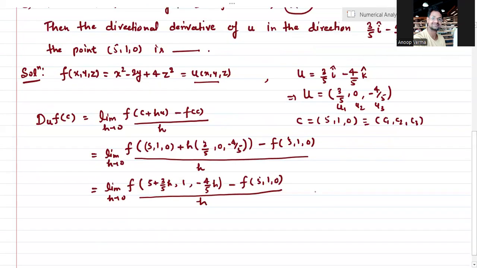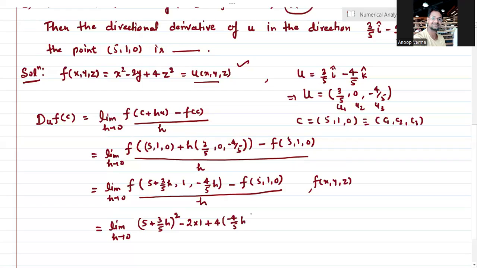Okay, so you know that function x y z is defined like this. So I'm just putting the values here. So it will be limit h tending to 0, and f the x is 5 plus 3 upon 5 h whole square. Okay, and minus 2, and y is 1, so this is 1, and plus of 4, and z is minus 4 upon 5 h. It means this is minus 4 upon 5 h whole square. Okay, and then this is